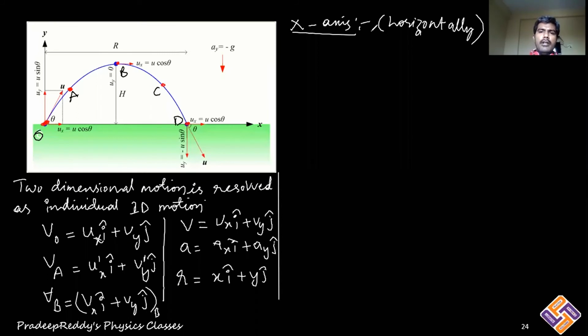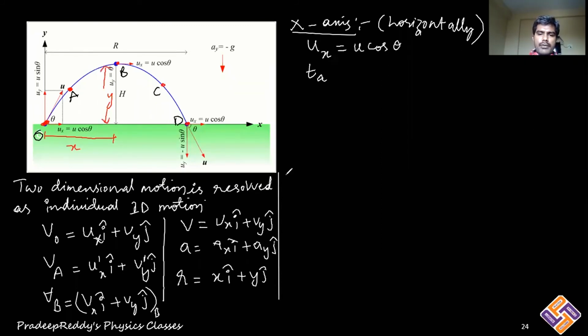Okay. So horizontally you can now write the initial velocity. Initial velocity you can write as u x, which is equal to u cos theta along the x-axis, and time taken to travel is the time of ascent. Like if this body is taking some time to travel from here to here, this length is x and this length is y. I am considering this as y and this as x.